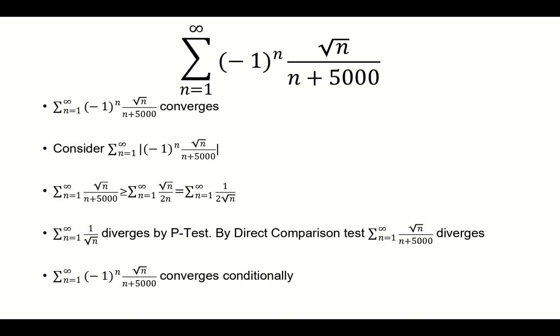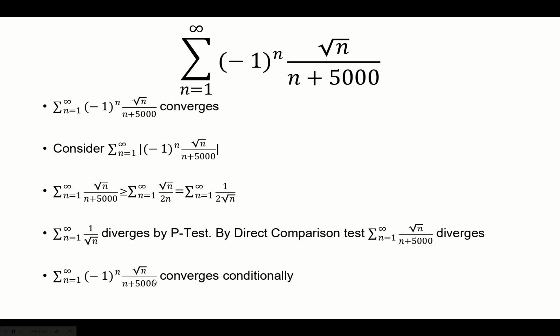And a good guess here is to say that this will diverge because this is roughly square root of n over n, which simplifies to 1 over square root of n, and that diverges by the p-test. So what we want to do is use a direct comparison test, find something smaller that will diverge. And so in order to find something smaller, we need to make the denominator bigger. So what you could do is,